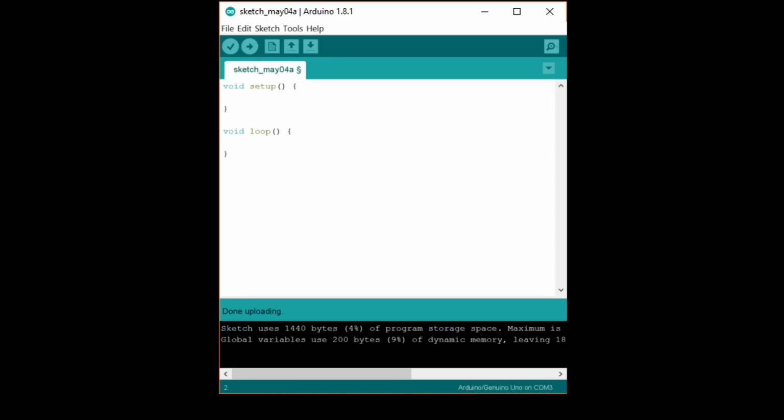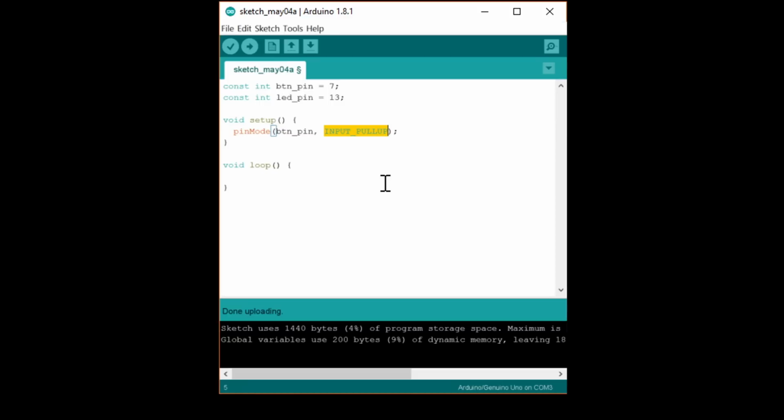In a new sketch, type const int buttonPin = 7 and const int ledPin = 13 at the top. These set the pin numbers of our button and LED. In setup, pinMode(buttonPin, INPUT_PULLUP), with INPUT_PULLUP in all capital letters. This tells pin 7 that we want to watch its state from code, whether that's high, 5 volts, or connected to ground. INPUT_PULLUP is a special identifier in Arduino that says we need to enable an internal pull-up resistor.